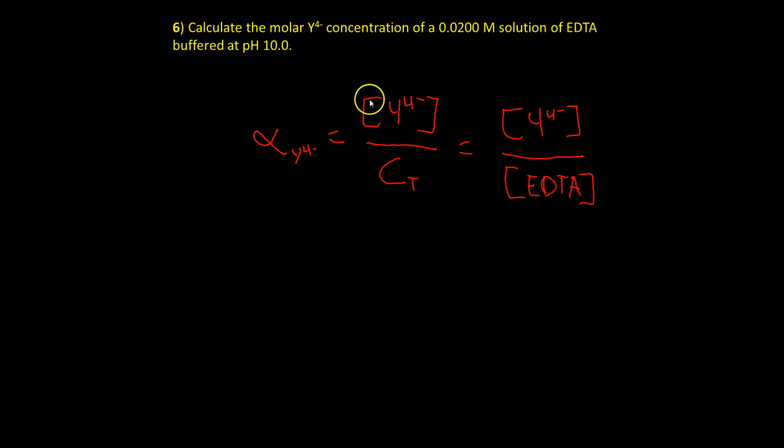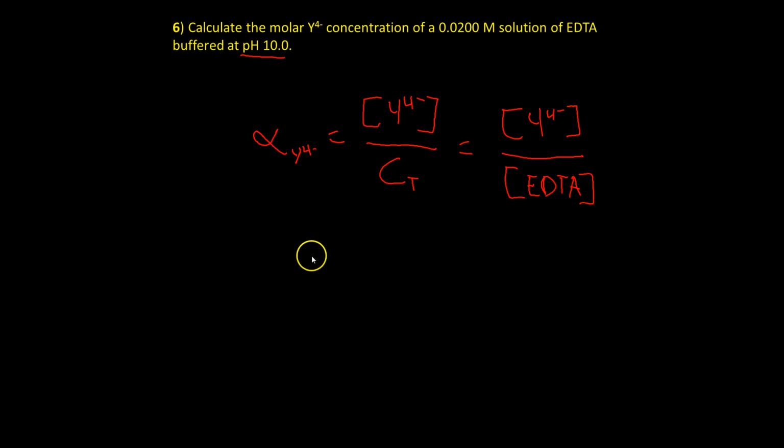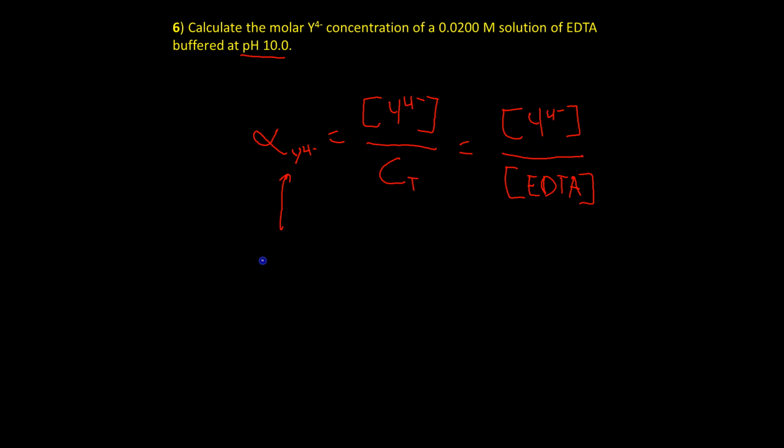And you see here, right? This question says, what is this fraction at pH 10? See, at pH 10, our alpha Y4 minus is 0.30. Okay, and so we know what that is. So maybe I'll use a different pen. So that is 0.30,